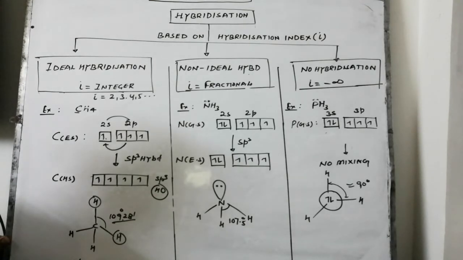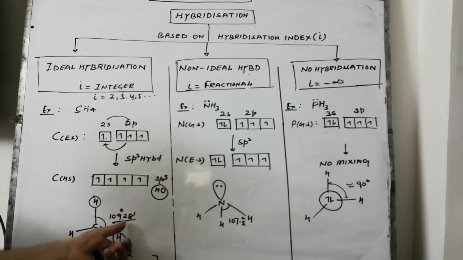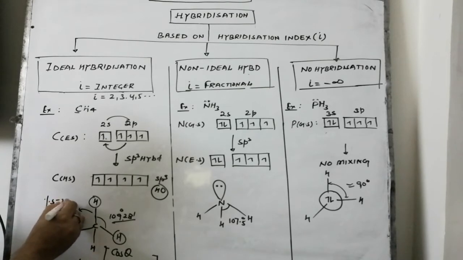This can also be justified if I just put the value of this. If I find out the percentage S character, which I last time explained to you, it is equal to cos theta divided by cos theta minus 1, multiplied by 100. If we substitute the value of the bond angle in this expression, then the percentage S character in this case comes out to be 25%, which is in very close agreement with the findings of the experimental result, that this carbon hydrogen bond is exactly having percentage S character equal to 25%